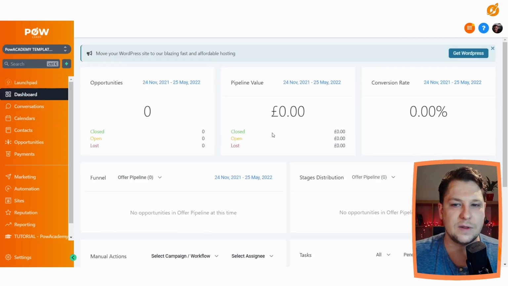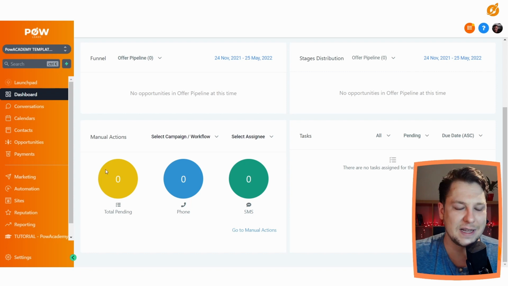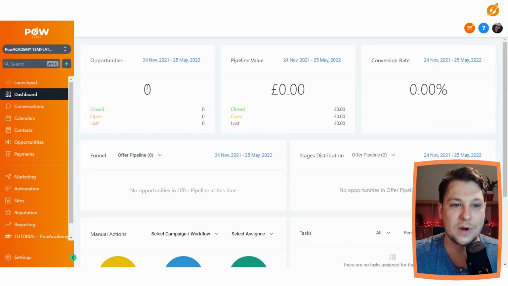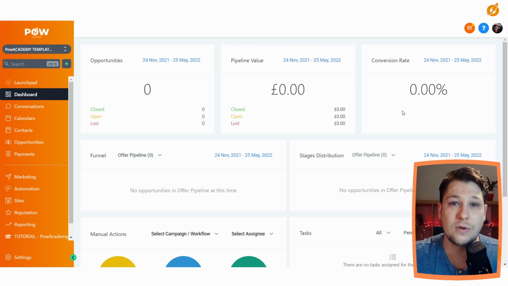Then we can go into the dashboard, and as you can see here, you'll have all of your opportunities, how much money is in your pipeline, and your conversion rates for anything that's been bought on the site itself that's been set up through here. You've also got